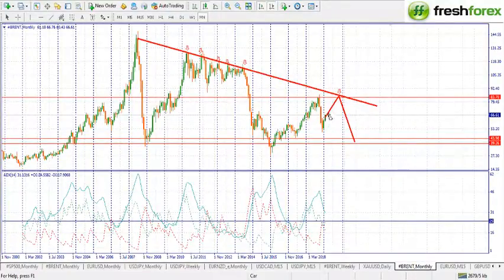In case the current month can, or maybe in the near future, if price can get back to this trend line, then this will be the correct place to look for a sell. We basically want price to come back to this resistance, bounce from it, and we'll pick a sell from that point up to 43.98,